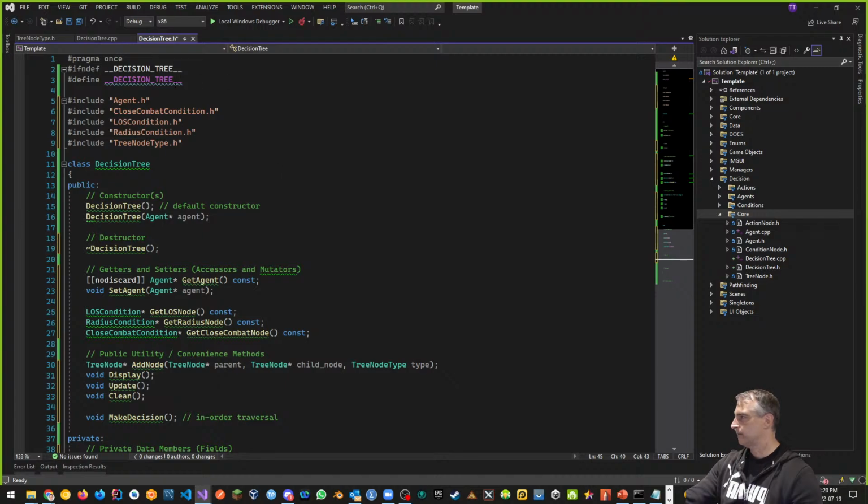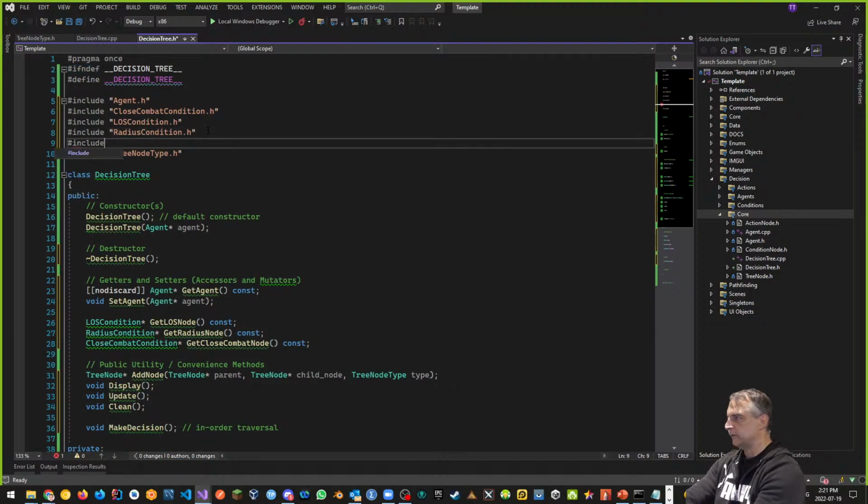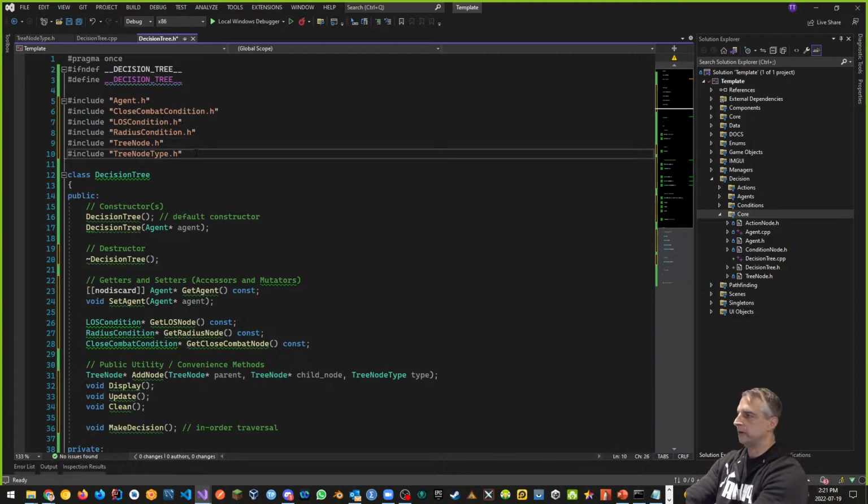and we could, but remember that up here we have tree node type as an example, right? We have tree node type. And we also don't have a reference to treenode.h. I think it's a good idea to include this too. So let's include treenode.h just to make sure we have it, right? We probably don't need it because we have it in these ones, but it's okay if we include it just in case. We have agent, close combat condition, line of sight condition, radius condition, tree node, and I probably want to include a